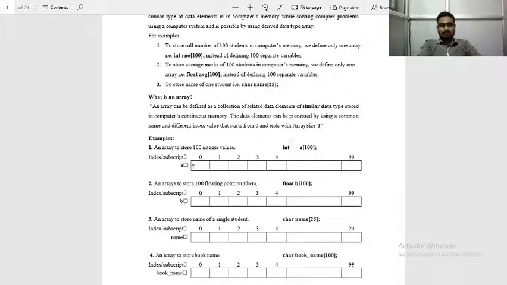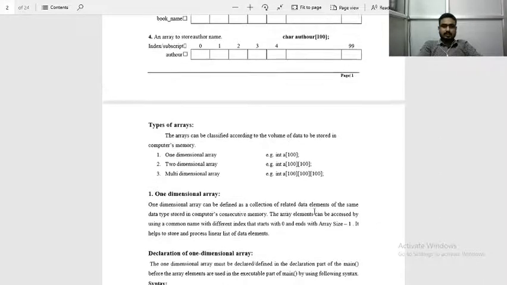Integer is 2 bytes, so 100 into 2, that is 200 bytes of memory, is stored continuously in memory. Here is another example, float b[100], where 100 floating type memory allocations are stored. Once again I repeat, an array holds a similar data type.